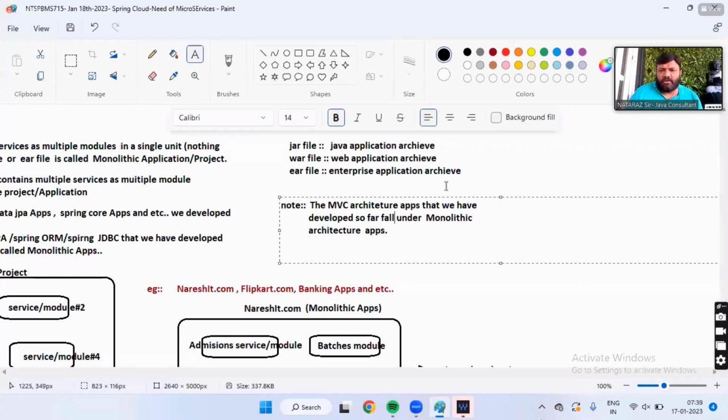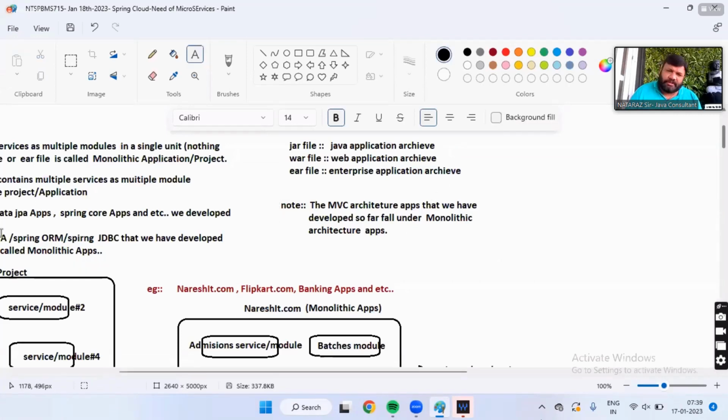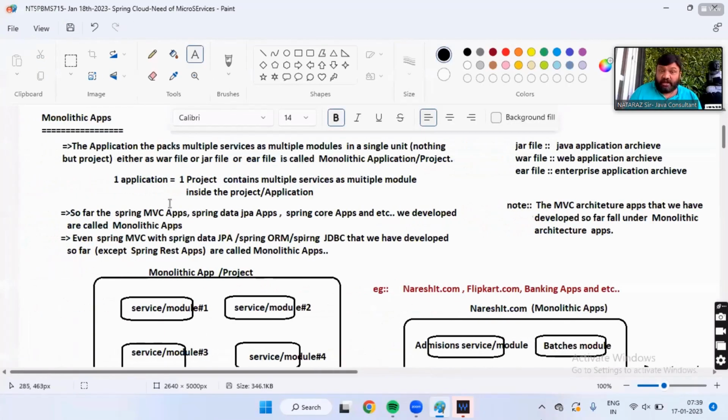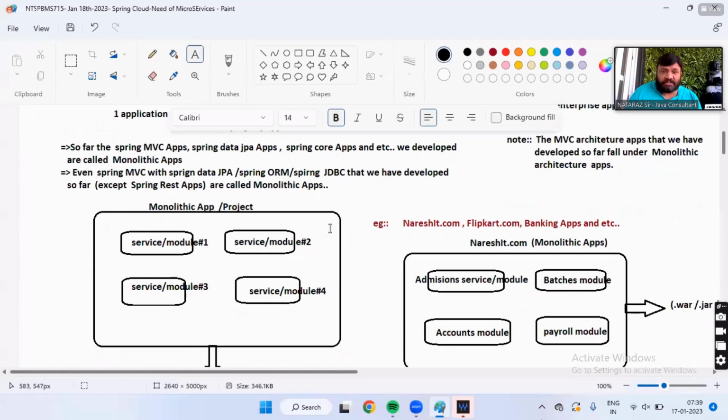Everyone understanding my statement? See, guys, individual applications or combinations, anything like this is a monolithic architecture application.